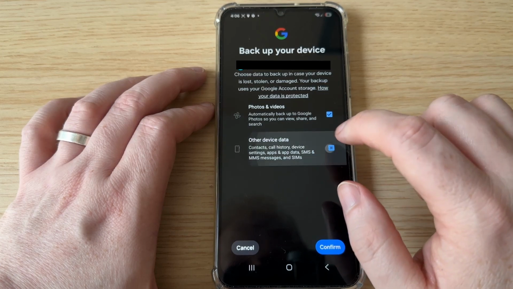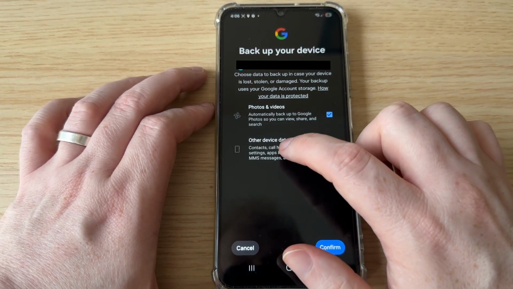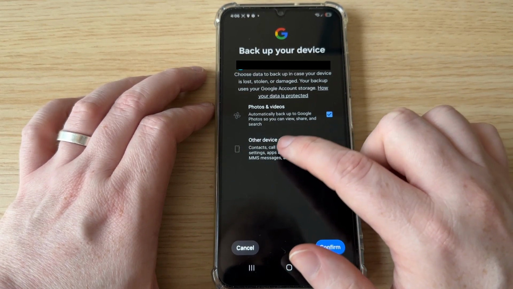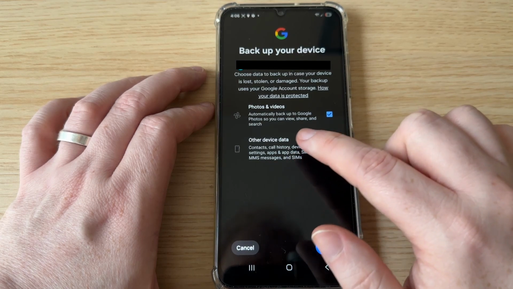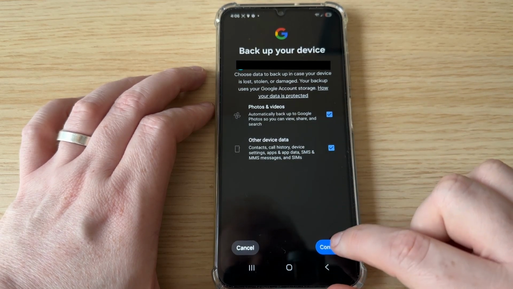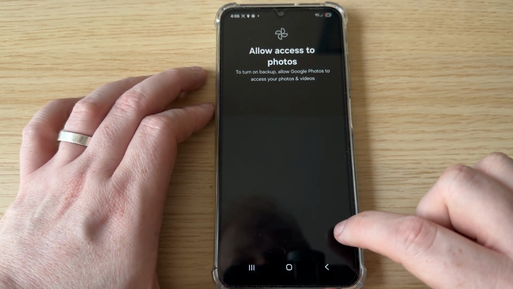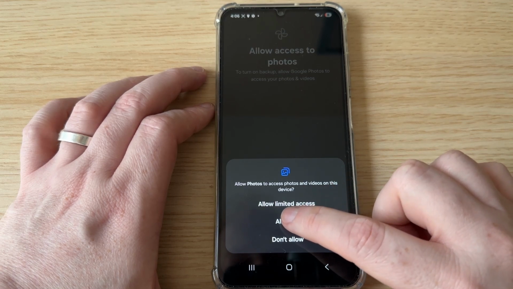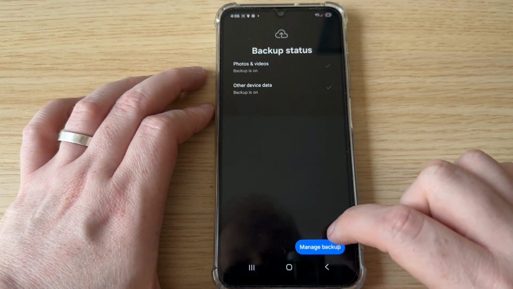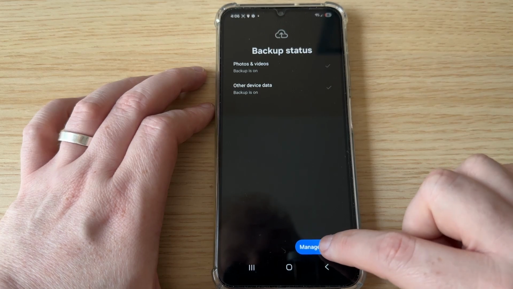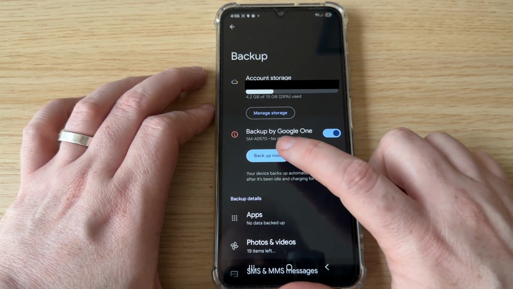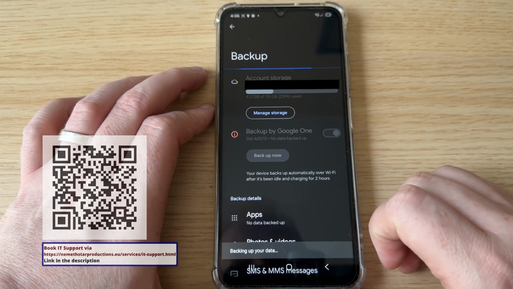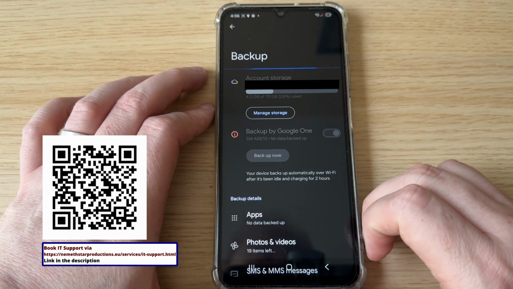With a tap to the second option, you also back up all your device data, including text messages and app data. In the next step, you allow Google Drive to access your picture gallery. With a tap on Manage Backups, you return to the main menu. With a tap to backup, now your device backup is starting.